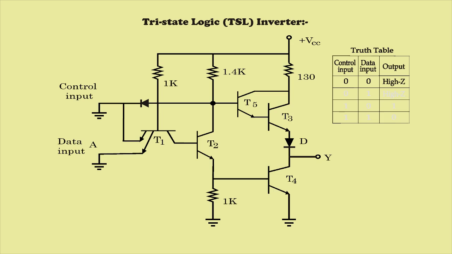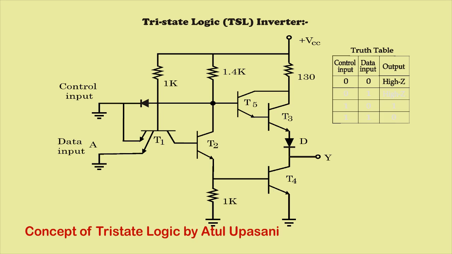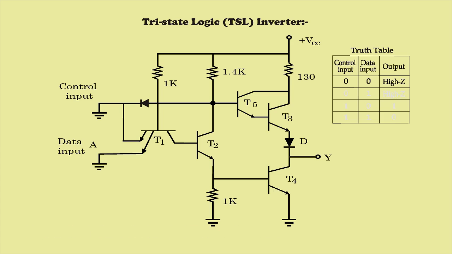If T5 is off, there will be no voltage at the emitter. So the base of transistor T3 is not getting any voltage. So right now T3 is also off. So here at the output you can see both the transistors are off, that is T4 is off, T3 is also off. In the previous TTL circuits, that is NOT gate, NAND gate, NOR gate, this condition never arrived. One of the transistors was on and one was off, but here both the transistors are off.